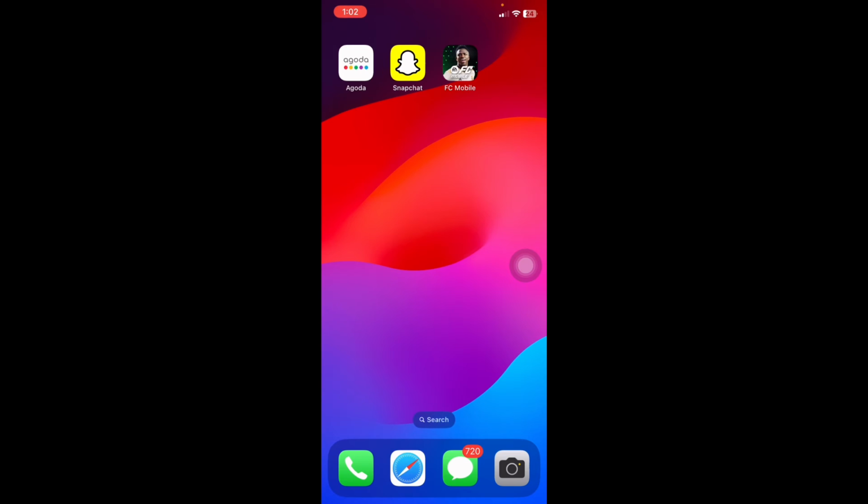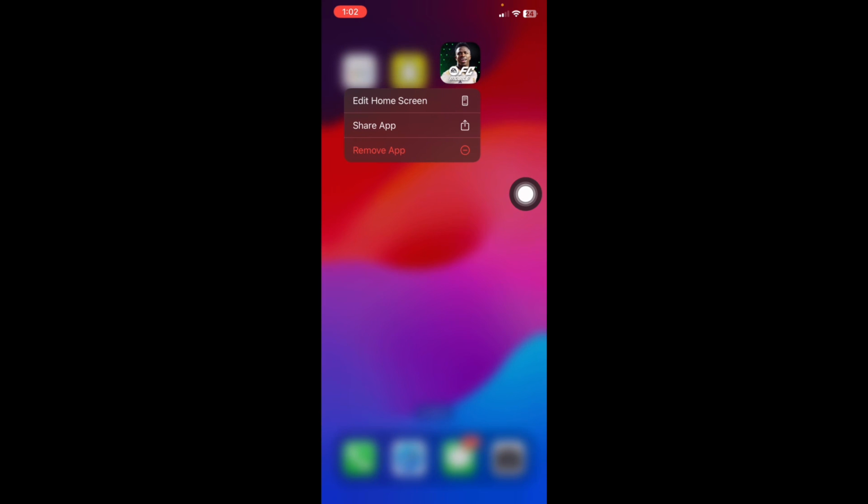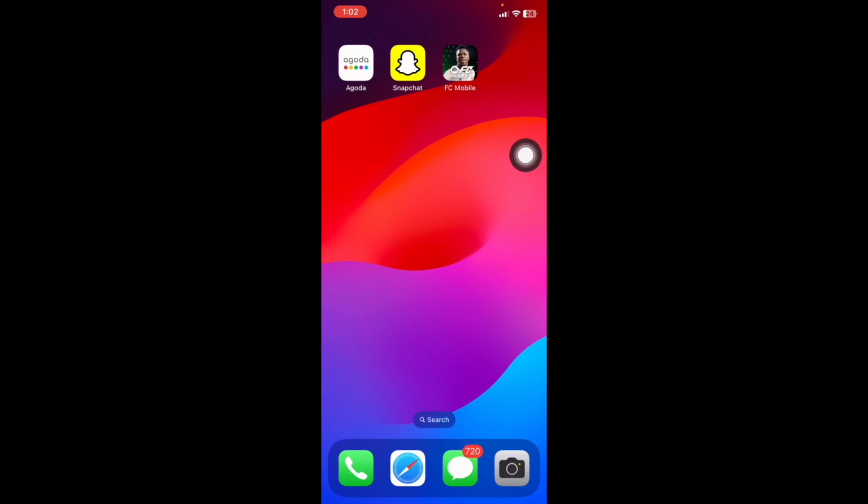and now all your data and all your settings will be deleted. Now you can uninstall it from your iPhone also by removing the app. This is how you can easily delete and remove your FC Mobile from